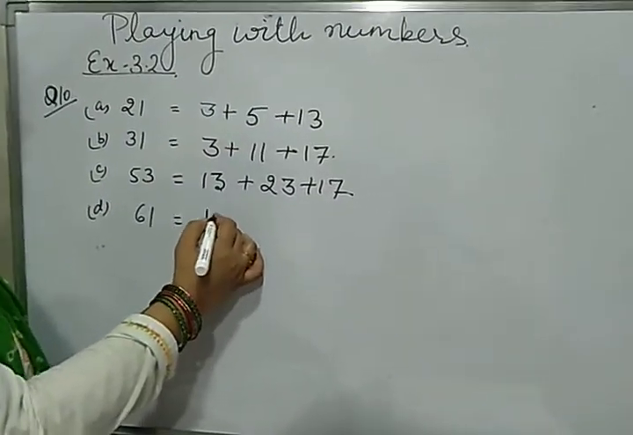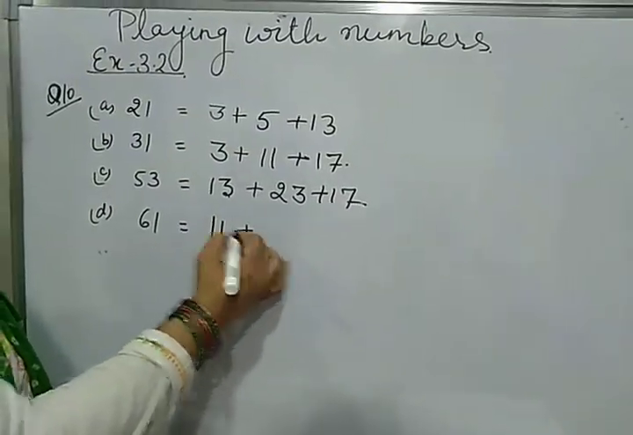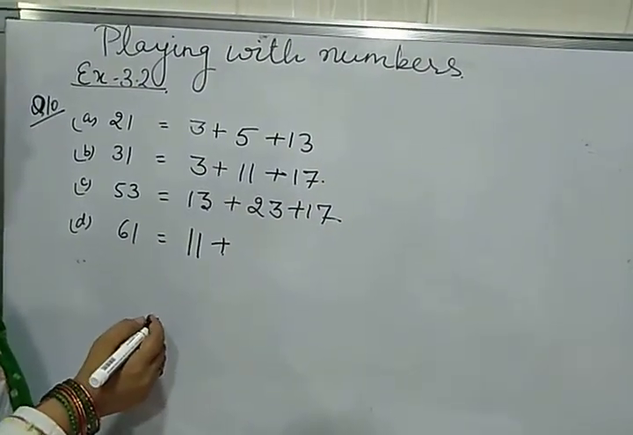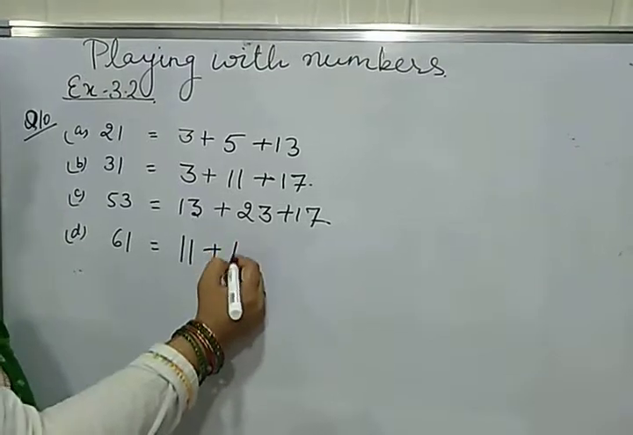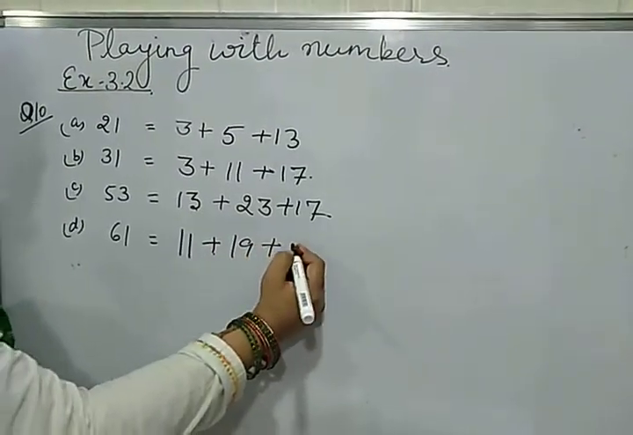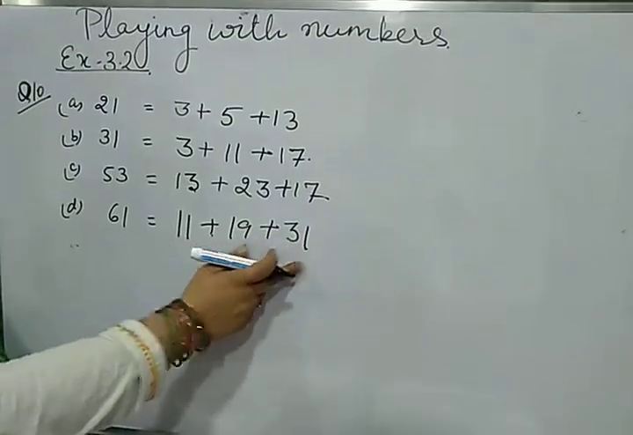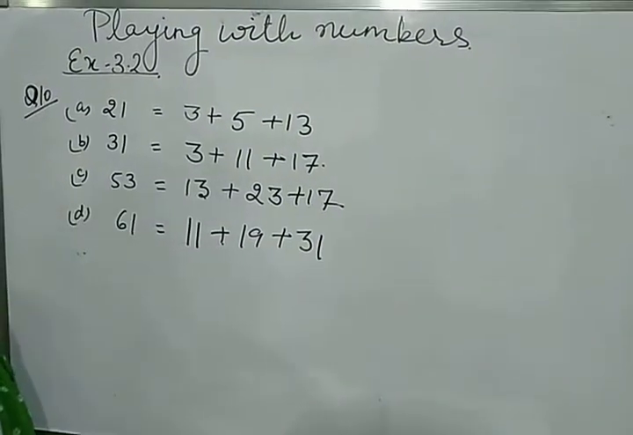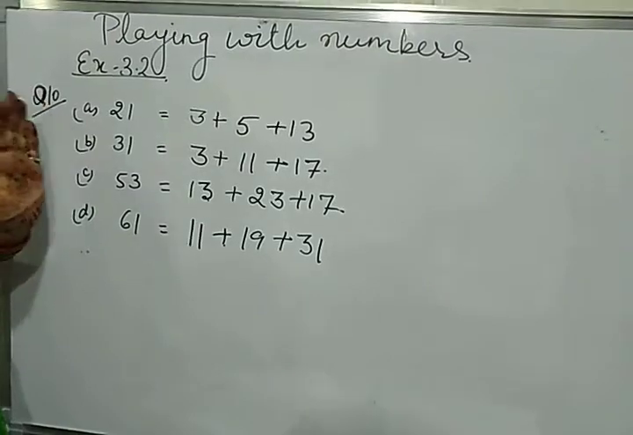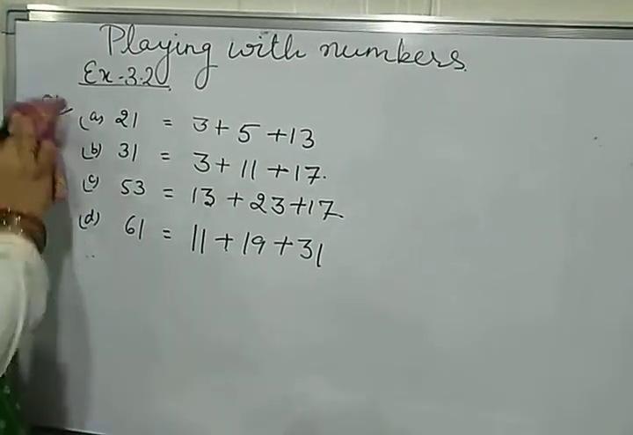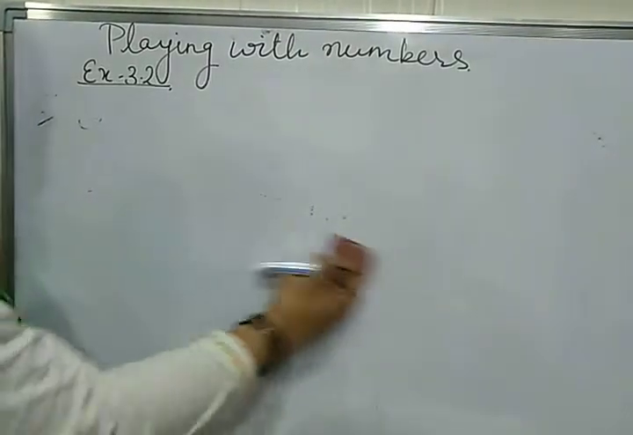If we have taken 11, then what is left here? 50. Then we have to divide 50 into the sum of two odd prime numbers, 11, 19 and 31. The sum is 61. In such a manner we can express the number as the sum of three odd prime numbers. Now the 11th question is,